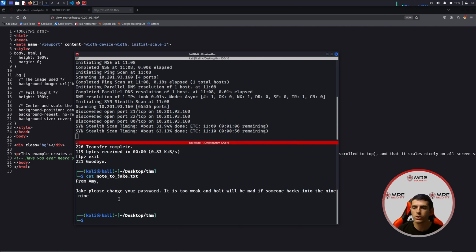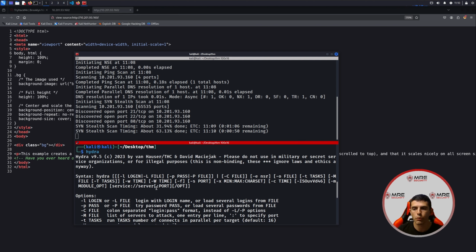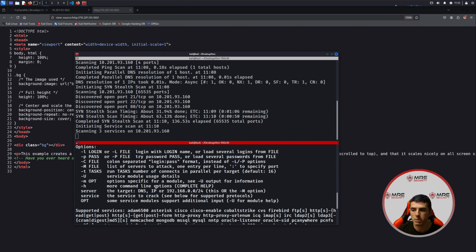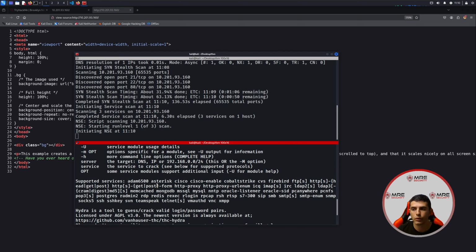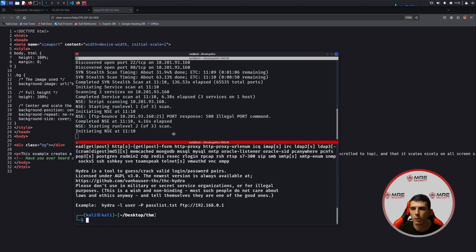We can head on back to our terminal, and what we could do is use something called Hydra. And Hydra essentially allows you to perform brute force on an online service, whether it be SSH, whether it be SMTP, anything you can really think of, you can basically brute force it. So we're going to just move this up a little bit,